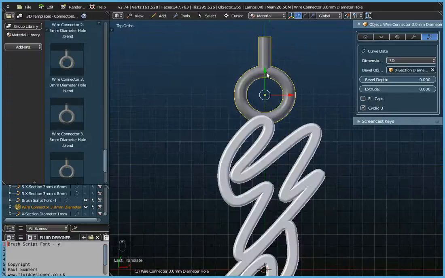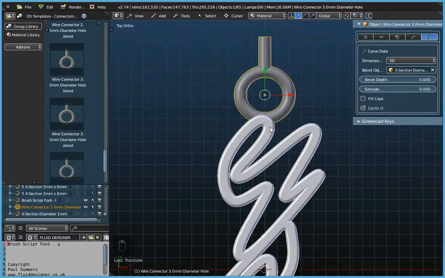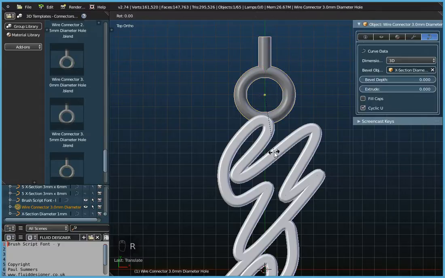So what I want to do, I'm just scrolling the center mouse button there to zoom in. I want to rotate this so that the top bit points downwards, and we can do rotation in Fluid Designer in a number of different ways. One simple way is to press R on the keyboard, and if I just move the mouse, you'll see that will actually rotate it,